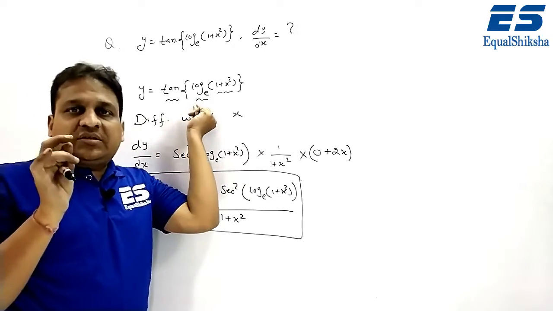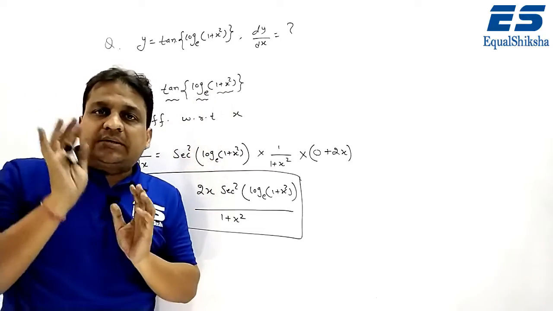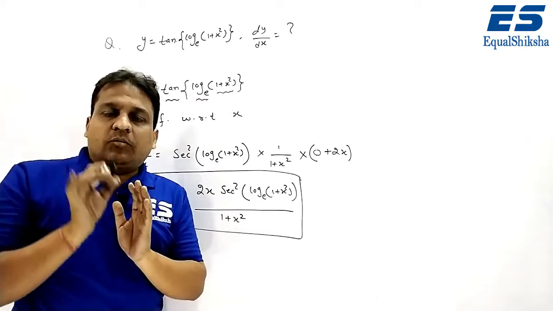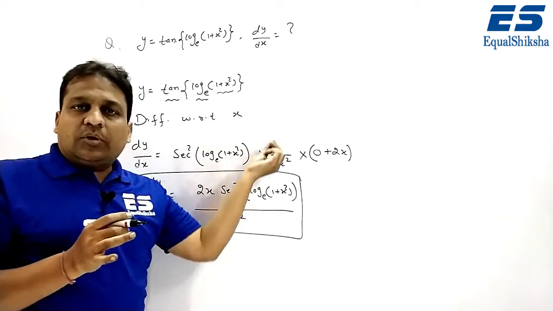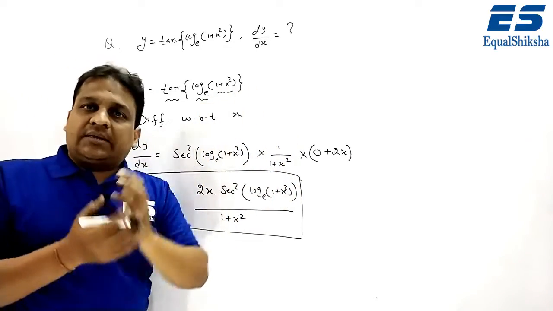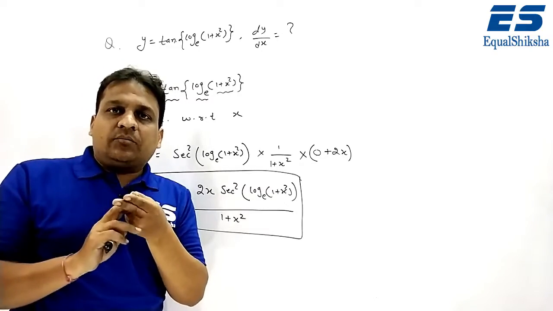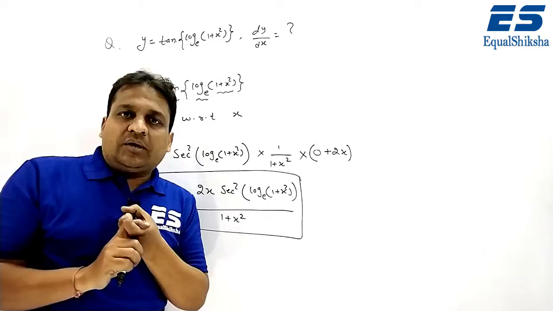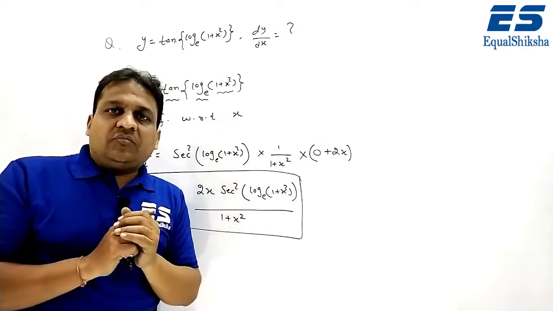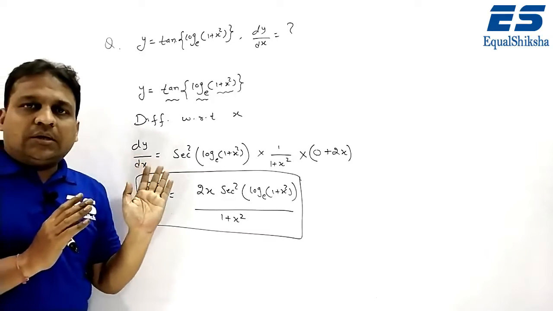Then we will do differentiation of log. For log, this 1 plus x square will be considered as an x. For log x, there is 1 upon x, so here there will be 1 upon 1 plus x square. Then we will do differentiation of 1 plus x square. For 1 plus x square, there are two functions in composite form. So first we have to differentiate 1, then we have to differentiate x square. So this is the final answer for this question. Is it clear? Note down.